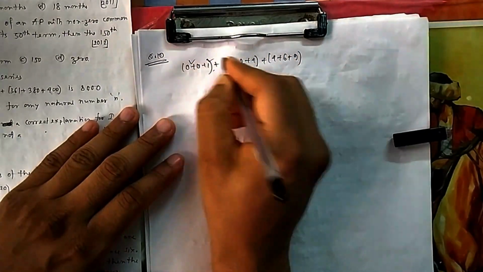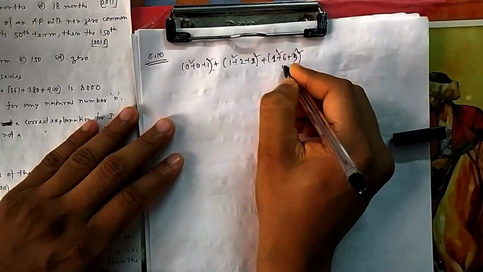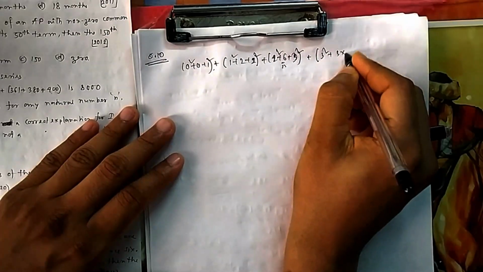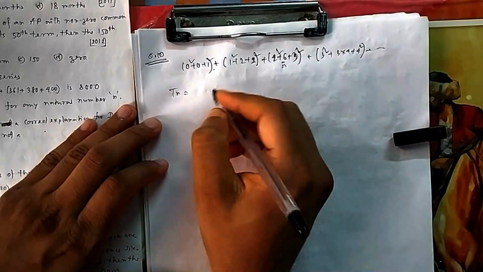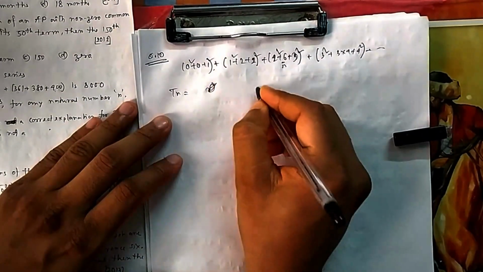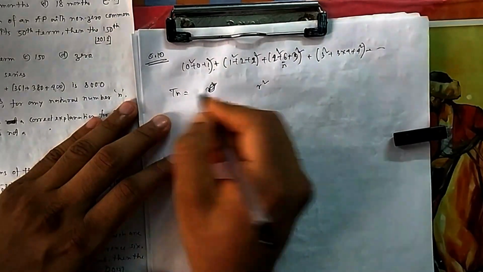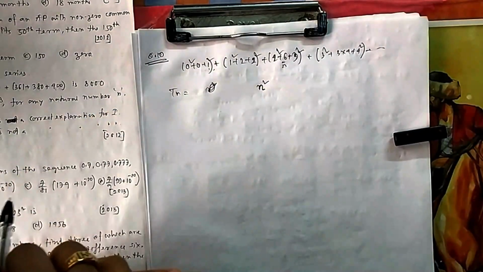So this one is 0 square, 1 square, this is 1 square, then 2 square, this is 2 square, 3 square, which in between is 2 into 3. Similarly it is 3 square, 3 into 4, then 4 square. So you are getting it. So what will be Tn? It will be r square. If I consider the last one is r square, because first term is, suppose I consider the nth term, it is n square.